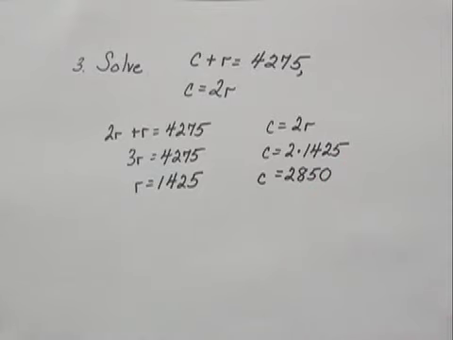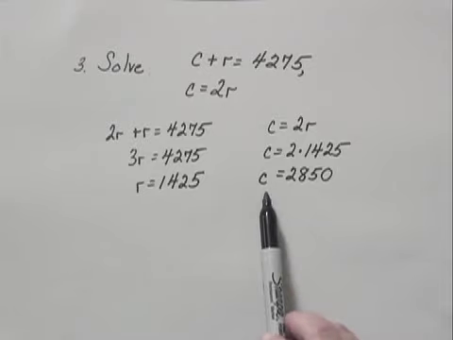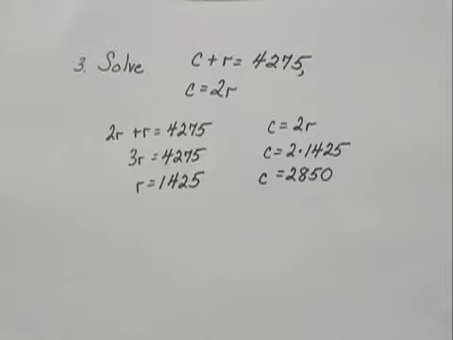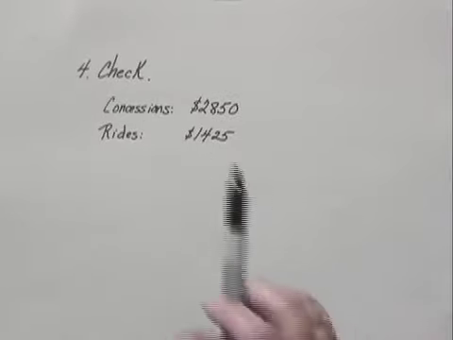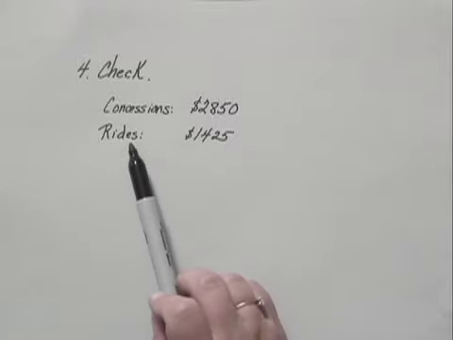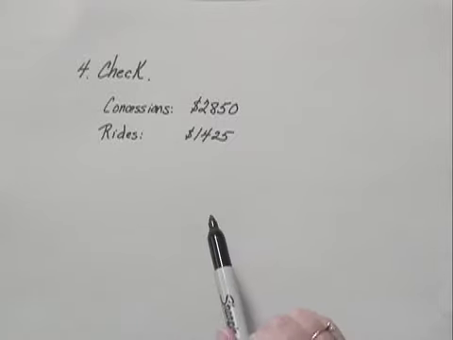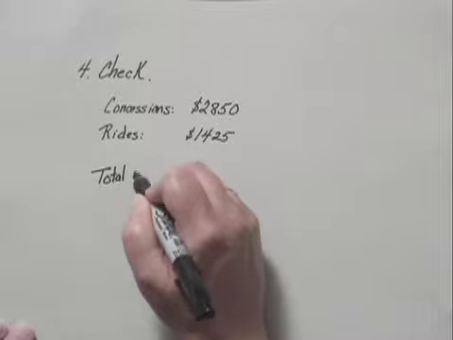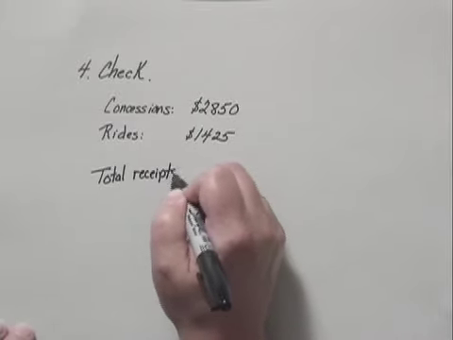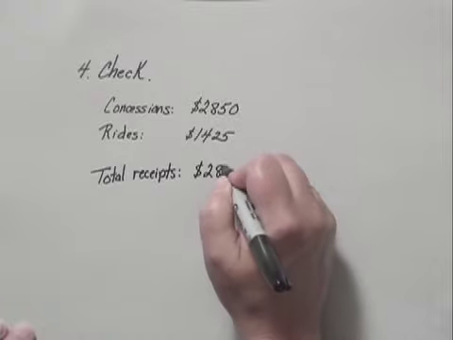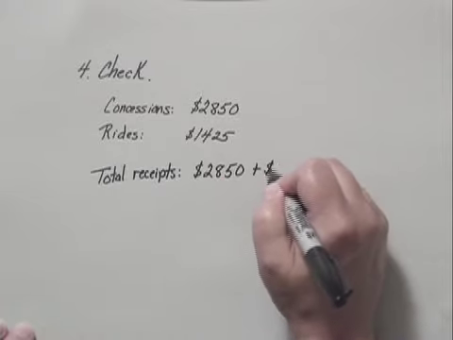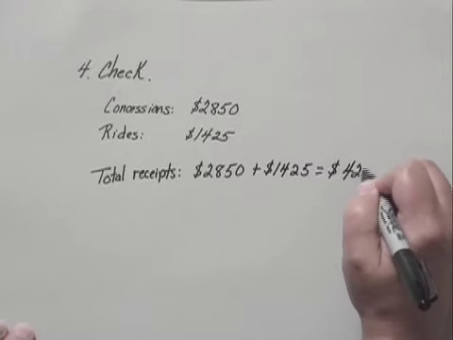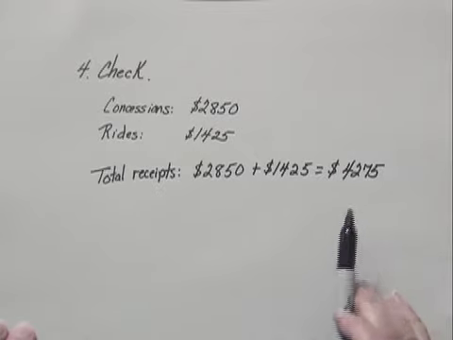Now, if we need to, we can look back at our familiarize step and recall that C stands for the amount of concessions and R for the receipts from the rides. So what I'm checking is the amount brought in from concessions, $2,850, and the amount brought in from the rides, $1,425. Well, let's first check total receipts. We add the two together, 2,850 plus 1,425 equals, and we do the addition, we get 4,275, and that does correspond to what we were told in